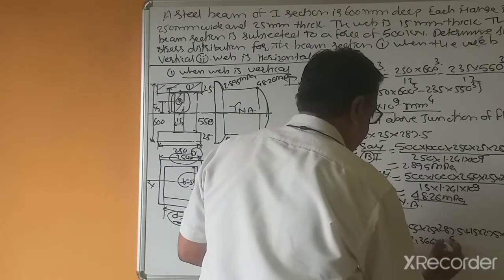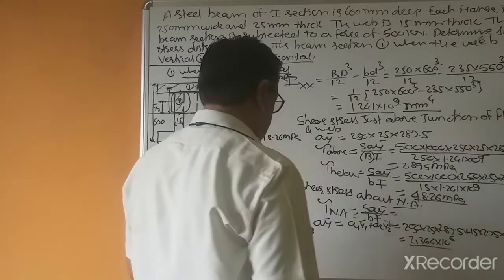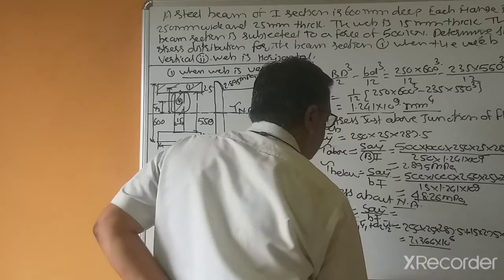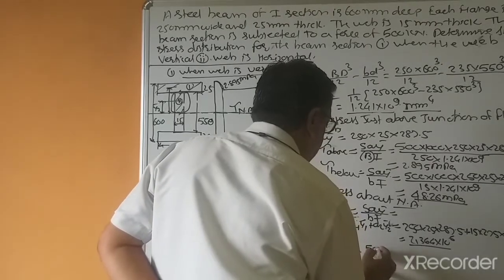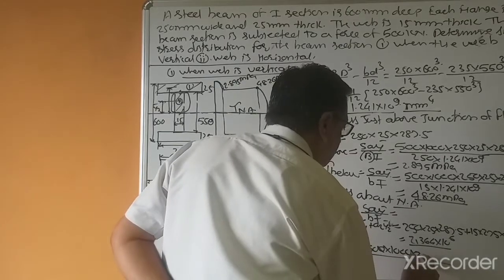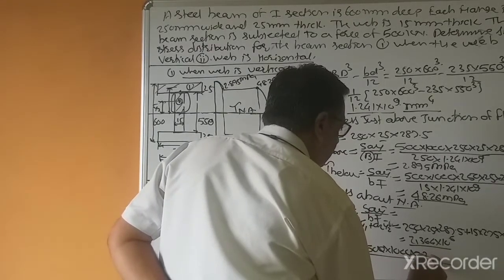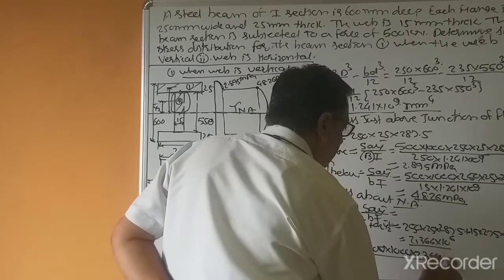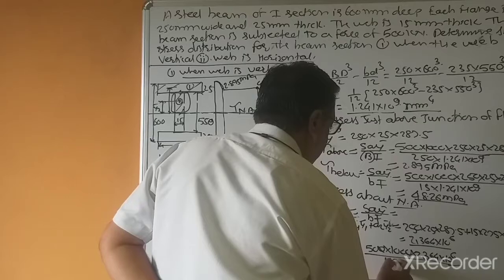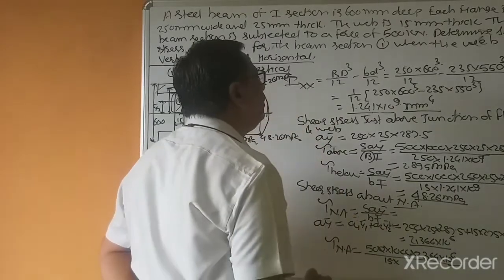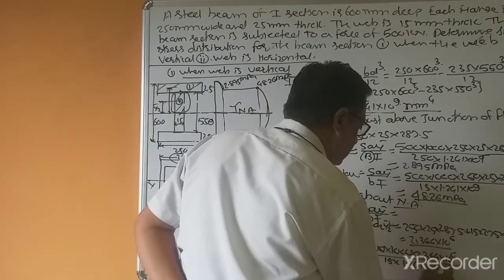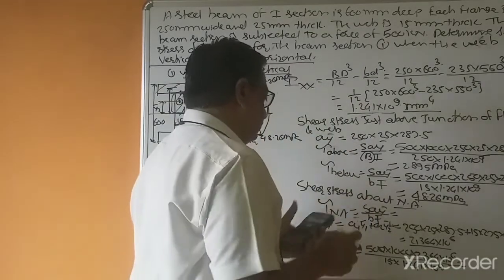So that's why shear stress above neutral axis equal to S equal to 500 multiplied by 1000 into 10 to the power 6 divided by B equal to again 15, I equal to 1.241 10 to the power 9 equal to